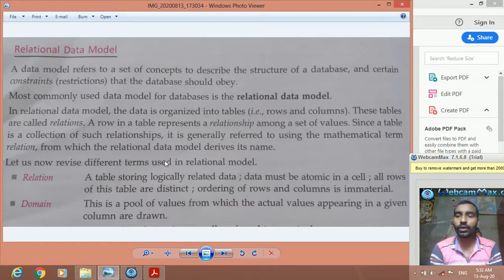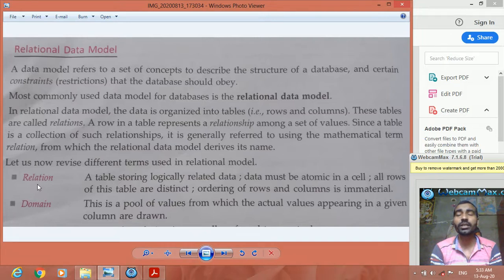Now I hope you have understood the relational data model. Now let us see the terms. These terms you have already studied in class 11, but once again I am going to give you a quick revision, so that you know the different terms used in a relational data model. First, relation.